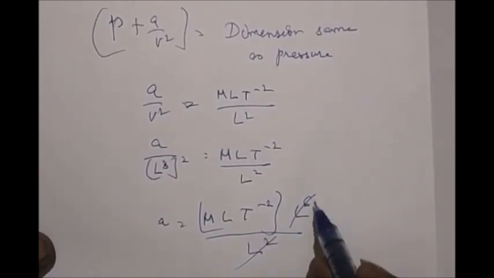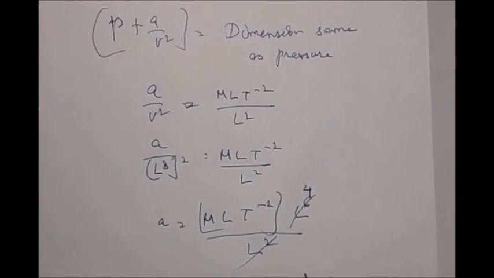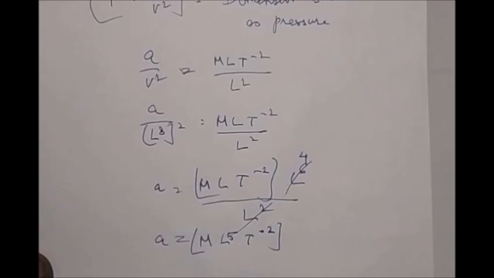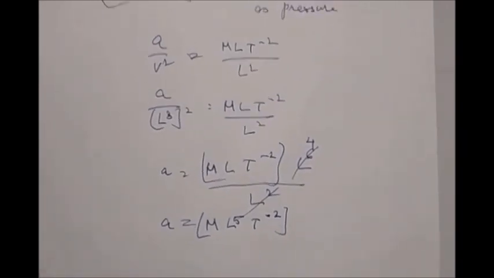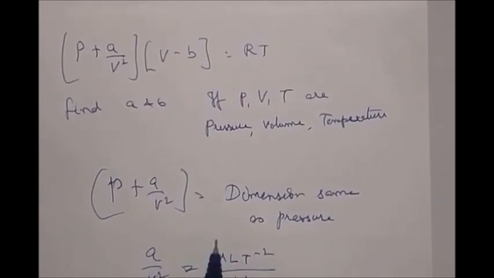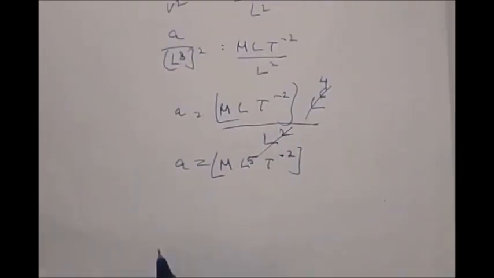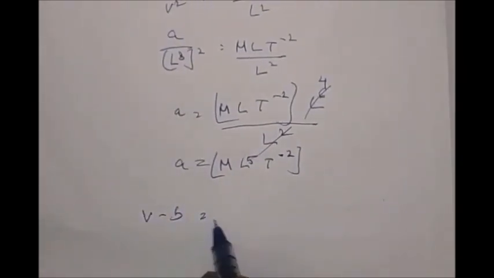This one and this one gets cut, you get 4, so it's going to be equal to mL5 T minus 2. So that is the dimension of A. You can also find out B like this. V minus B, V minus B should also be volume. So V minus B is equal to